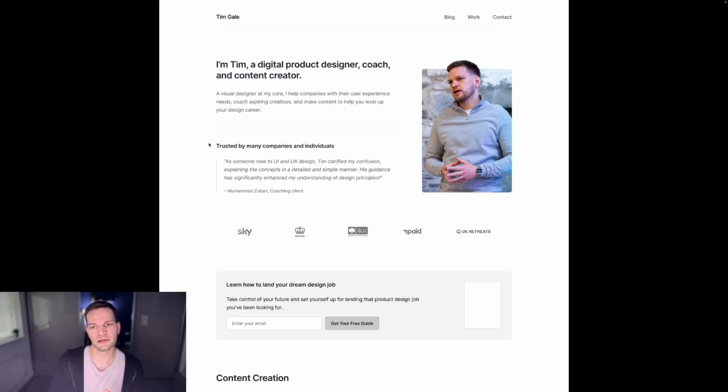So bringing that testimonial piece right up to the top, just framing the work that I do, kind of giving that focus right from the get-go. So overall, this is a very minimal hero section, but I wanted to add some small tweaks to give this a feeling of depth. You can see here with this image, we're just breaking out of the frame, which can be a nice technique to use